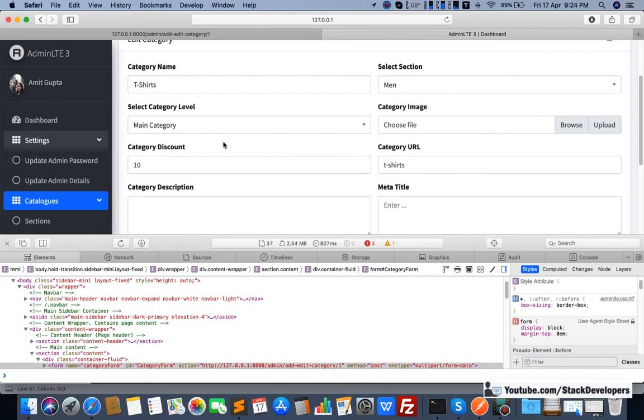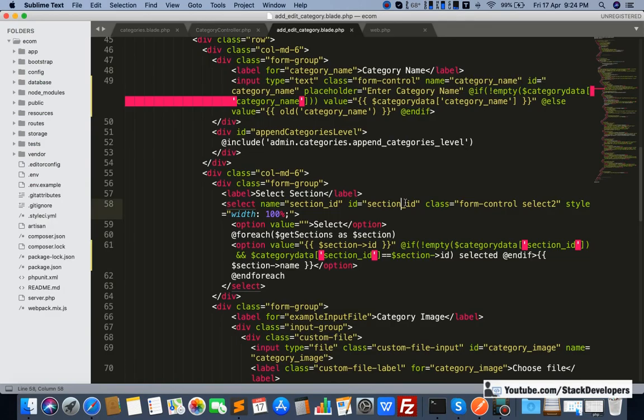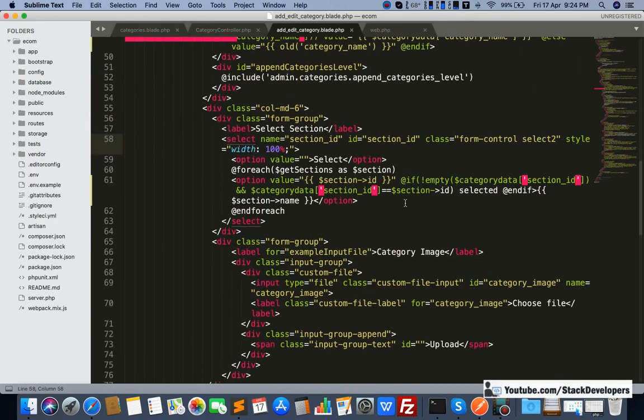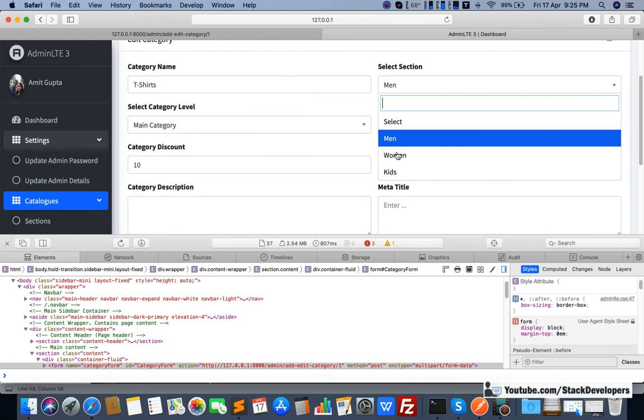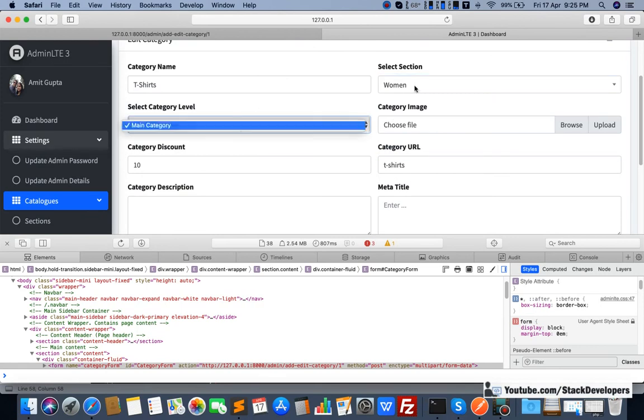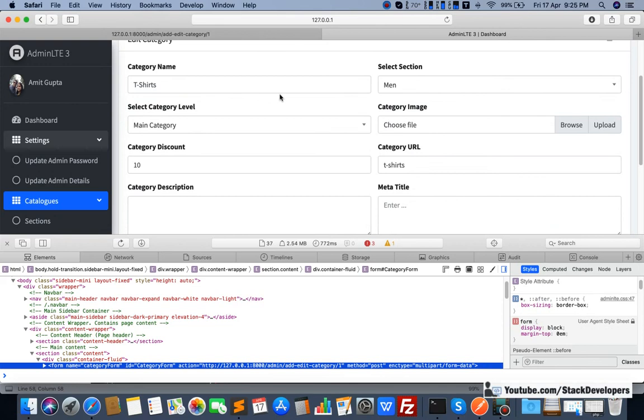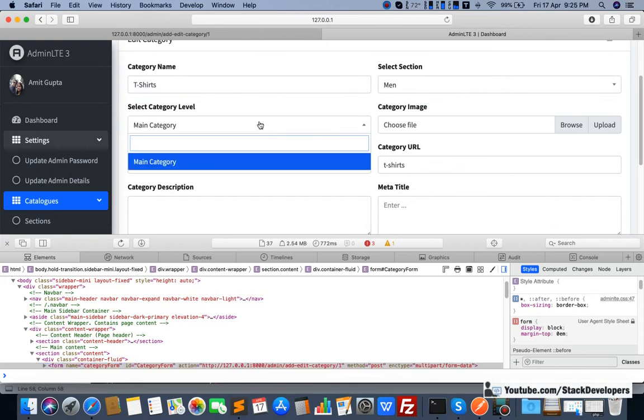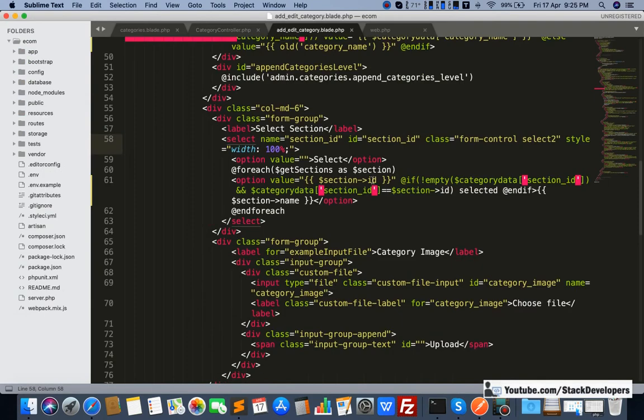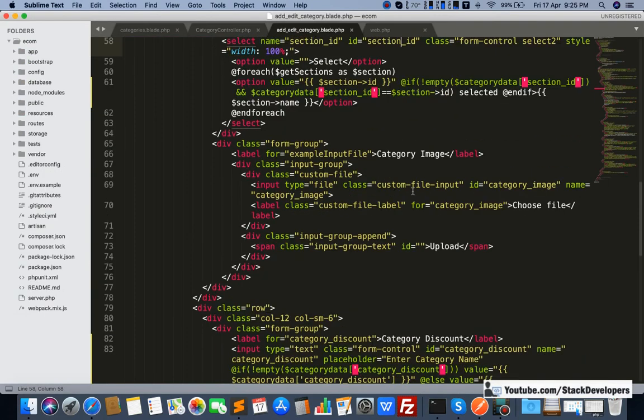Now we need to add the condition for category level. For category level we will add another condition here, and this time in fact we need to get the category data here. Okay, see here, if we select woman, it will change here, men, it will change, that is fine. But for the first time when we refresh here, then we want to fill this data. See, nothing is coming because we have not done anything in category level.